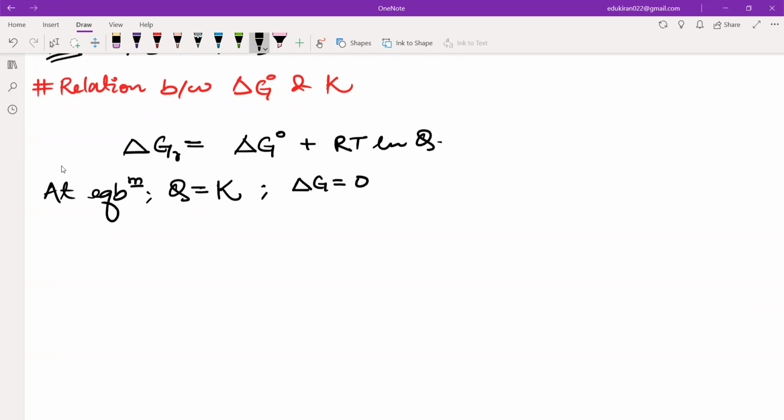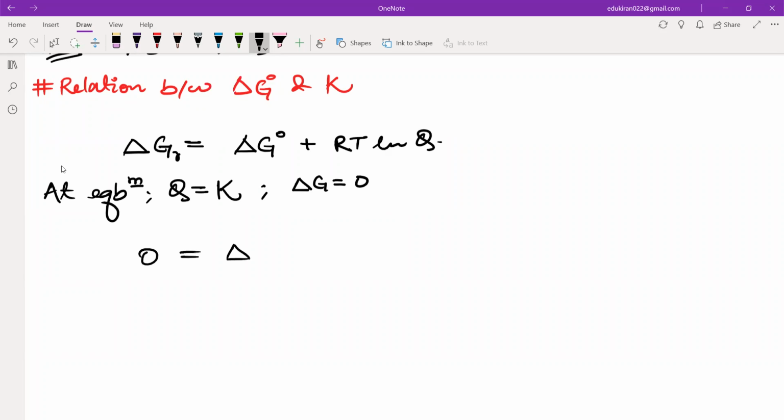Delta G naught is never going to be zero. Why? Because delta G naught is a constant value for a particular reaction, that has already been calculated. So delta G naught is not going to be zero. The delta G of a certain condition that we are giving a reaction is going to be zero at equilibrium. So at equilibrium, Q is equal to K, delta G is equal to zero, and hence you'll get zero is equal to delta G naught